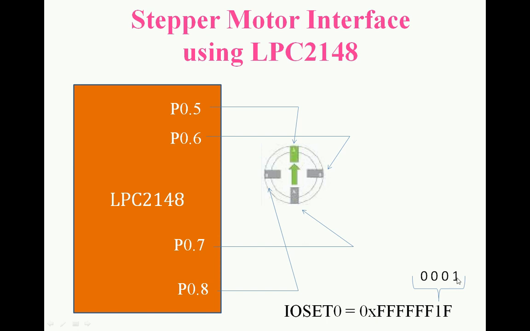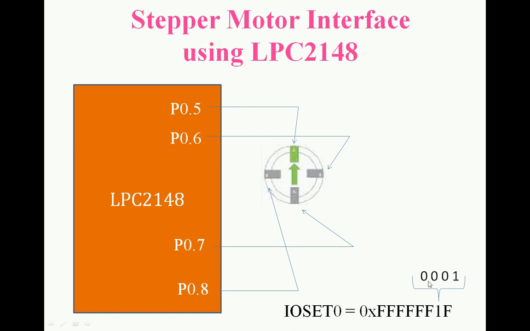Among port 0, there are the fifth pin, sixth pin, seventh pin, and eighth pin. The fifth pin being made 1 means the fifth pin is connected to A, so the A winding is activated in this case if you give this bit pattern. After some time delay, you have to activate the B winding and deactivate the A winding, right? B is connected to the port 0 sixth pin. The port 0 fifth pin is this one and the sixth pin is this one. Now we have to make 0010 here, so that the fifth pin is deactivated and the sixth pin is activated. That's why we have to give 0010 there.